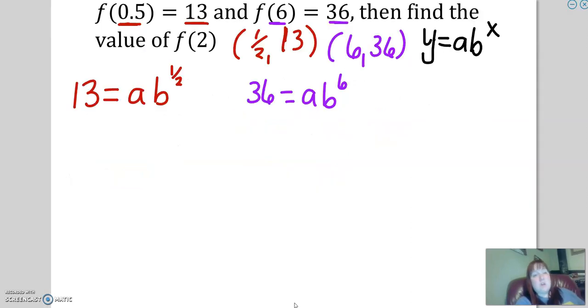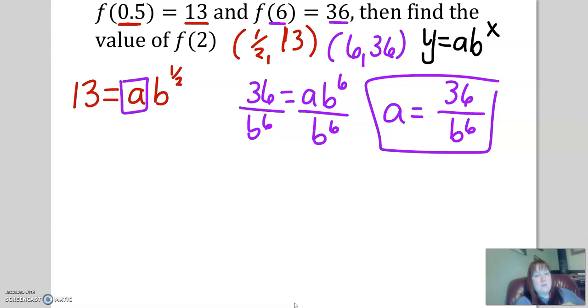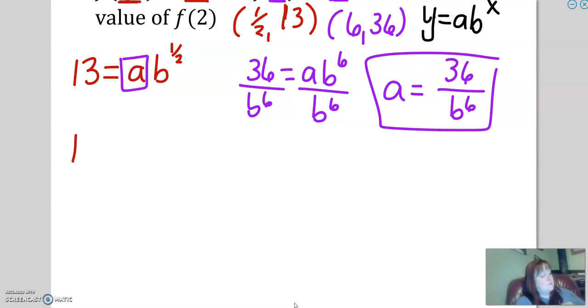Okay, now I can solve one of these for a so that I can plug it into the other one. Let's solve the purple one for a. So we're going to divide both sides by b to the 6th because we want to get rid of that. So we now have a equals 36 over b to the 6th. So this is important, we're going to keep that. And here in this a, we're going to substitute in that value we just found. So we have 13 equals 36 over b to the 6th,